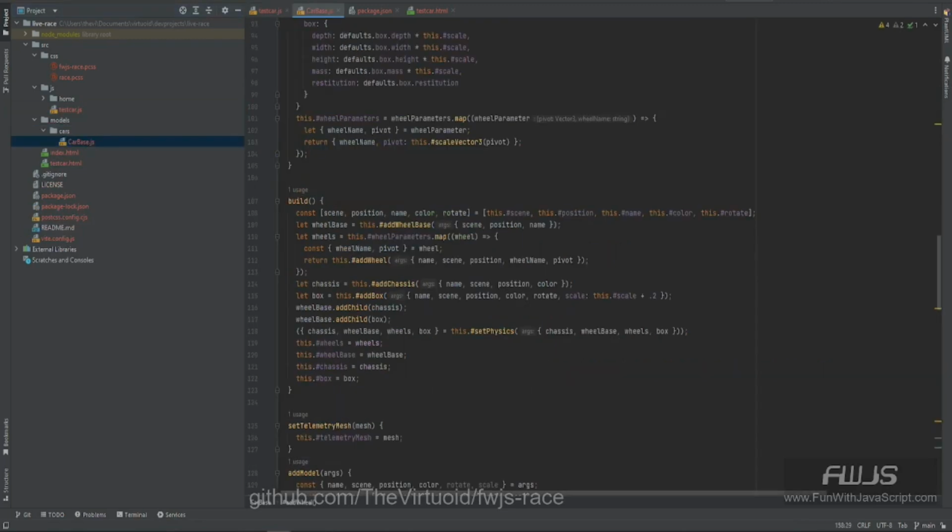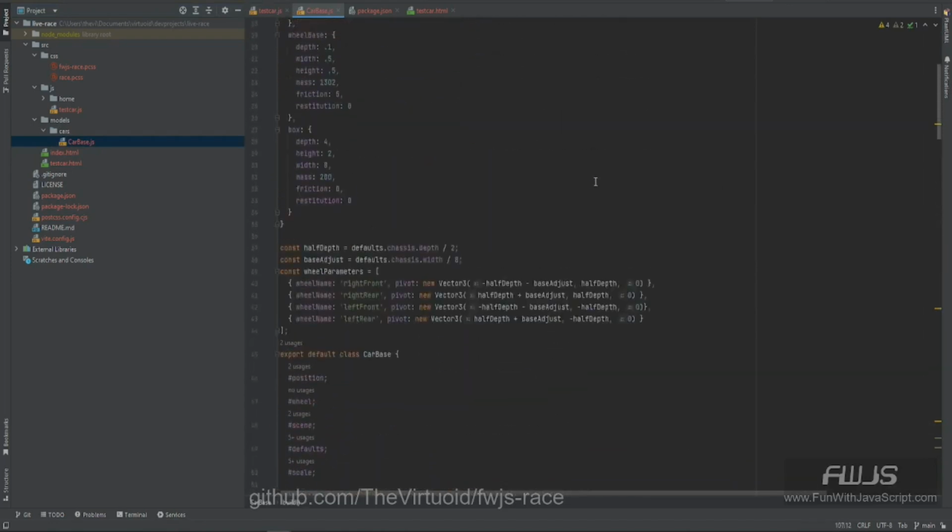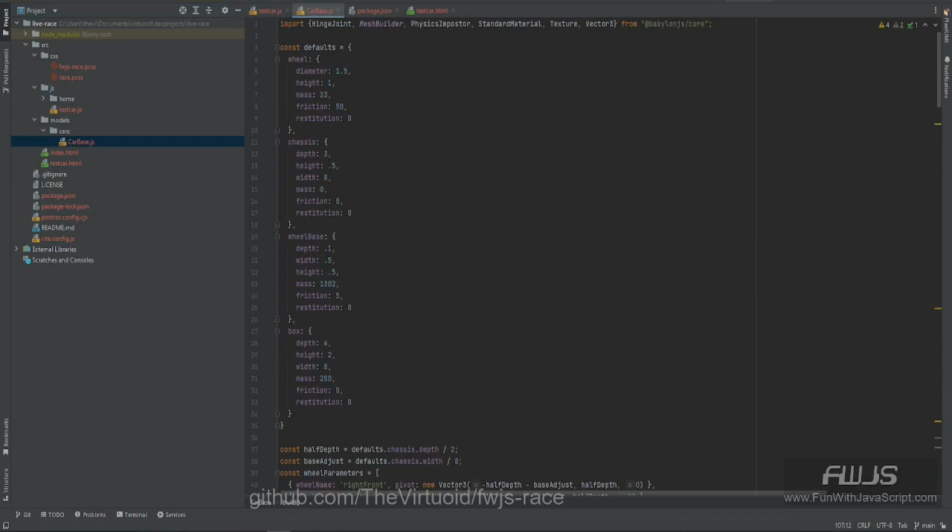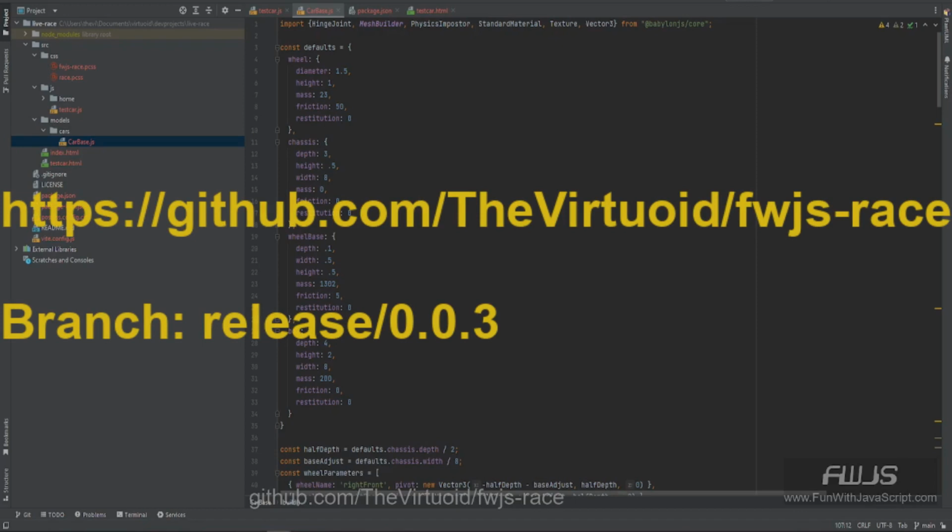Next thing I'm going to do is go into CarBase itself, since basically everything is almost exactly the same as we have it within our FWJS race. And by the way, you can also see all of this under FWJS-race in the Virtuoid account inside GitHub. Just make sure you take a look at the branch release/0.0.3. Eventually this release will go into main. I'll keep release here all the time, but for right now, main still has some of our original work in it. So again, that's FWJS-race. It's a public directory. The branch you want to take a look at is release